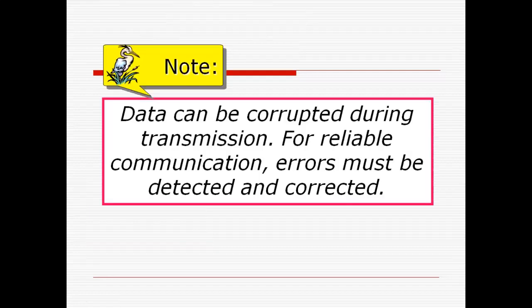So data can be corrupted during the transmission phase, either on the cable or within the system. That's why error detection and correction techniques have been defined at the data link layer and transport layer. When we use them at the transport layer, it provides reliable communication between process to process. When we use these techniques at the data link layer, it provides communication at the frame level, that is, during the transmission of data on the cable.